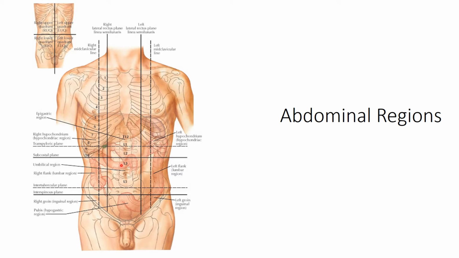then this is the right lumbar region, mid portion this is the umbilical region, and then is the left lumbar region, and in the lower portion this is the right iliac fossa, then is the hypogastrium or the pubic region, and then is the left iliac fossa or left inguinal region. So that's how this abdominal portion is divisible into these 9 abdominal regions, on where these viscera can be located, the pain can be localized, or the swelling can be palpated and localized.